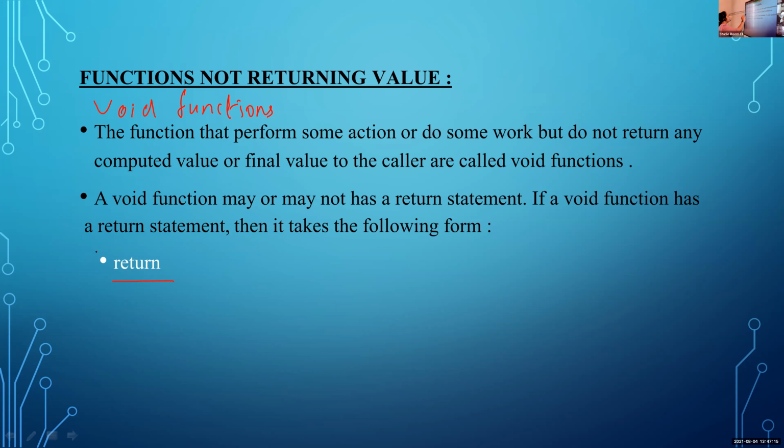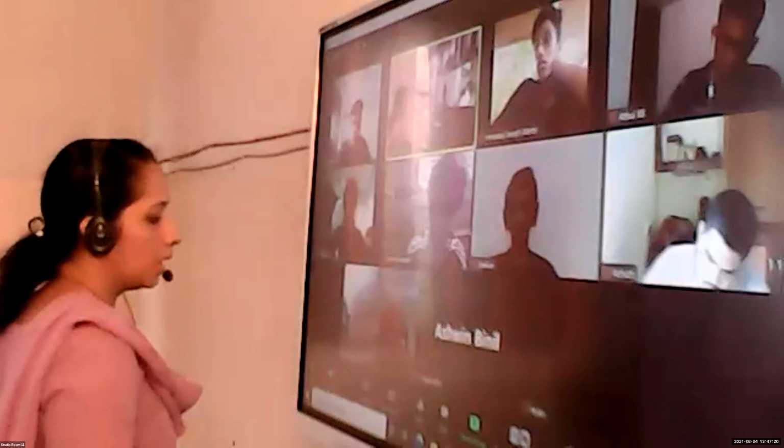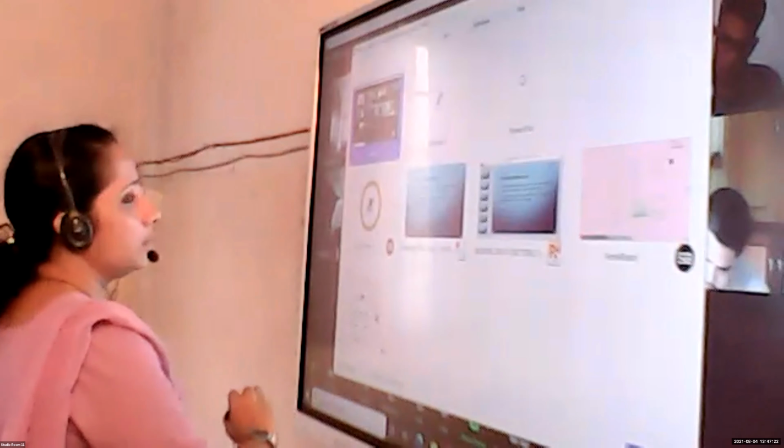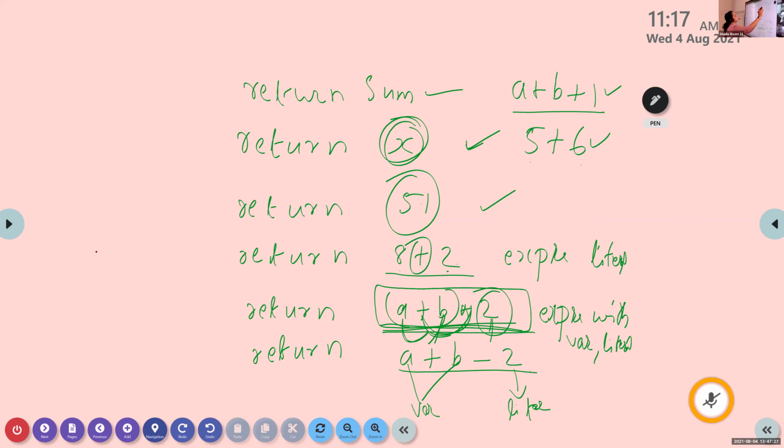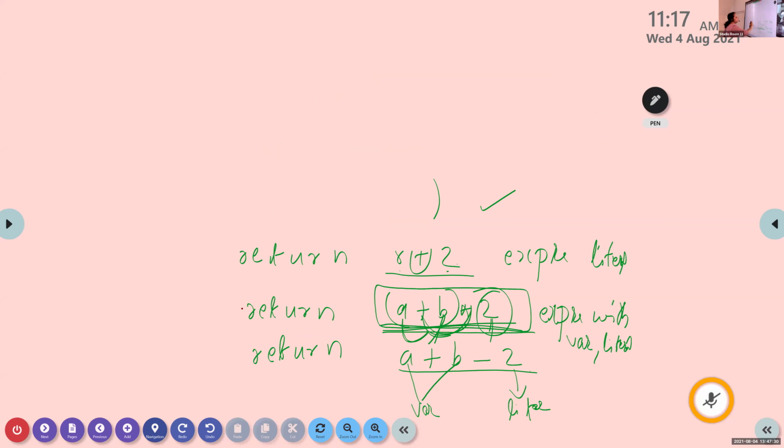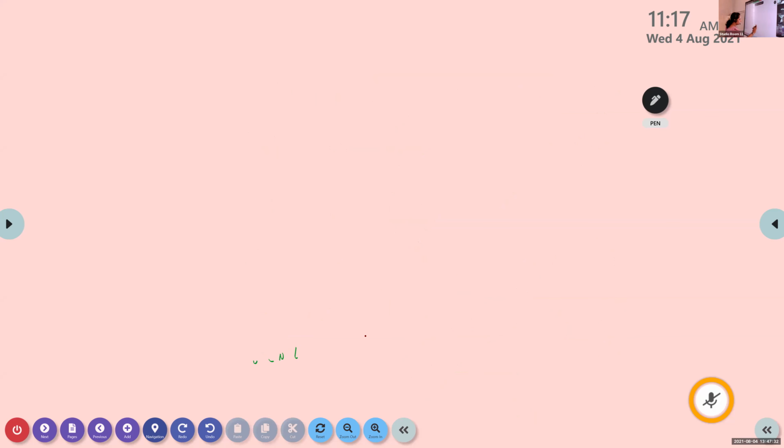Okay. Before going to the void function, I will just explain some topics related to the non-void function. That is a non-void function. We'll write one. How can we write a program based on sum using a function? Achyut, def sum(x, y)